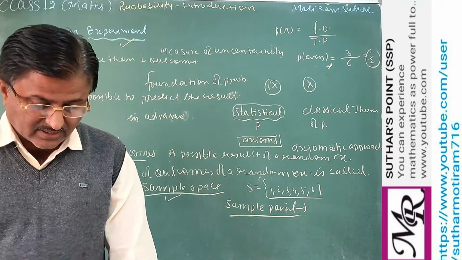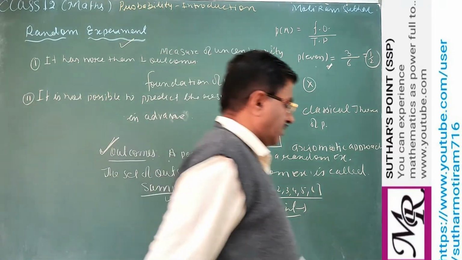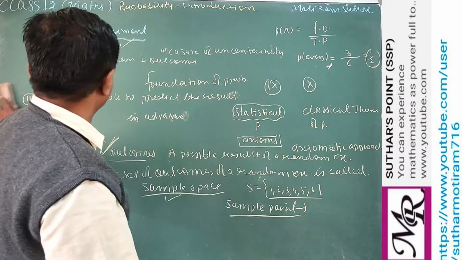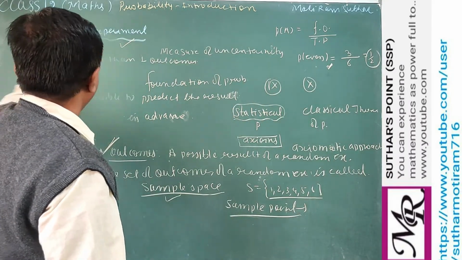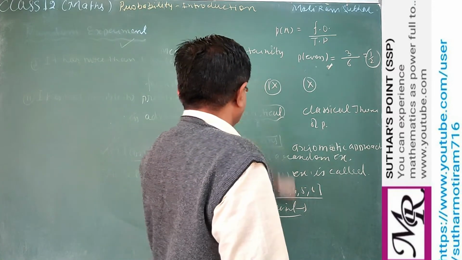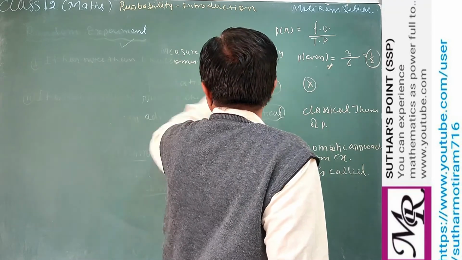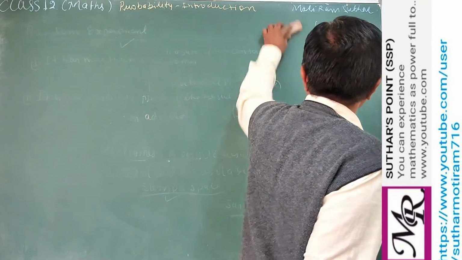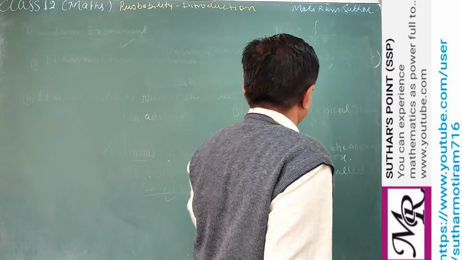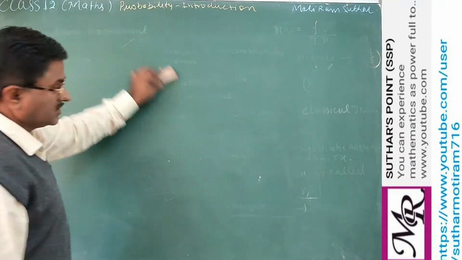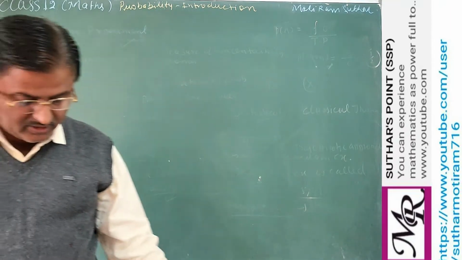Now we take some examples. Some examples are given showing how to write the sample space of an experiment and how we can find the total possible outcomes for any experiment. This is only the first point, and with the help of this we can solve the first exercise also. A very easy exercise is given that you already know.